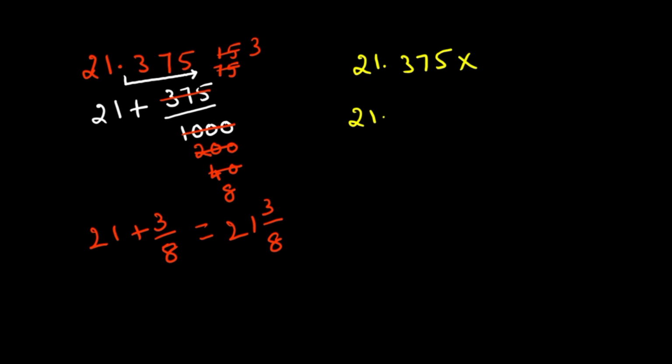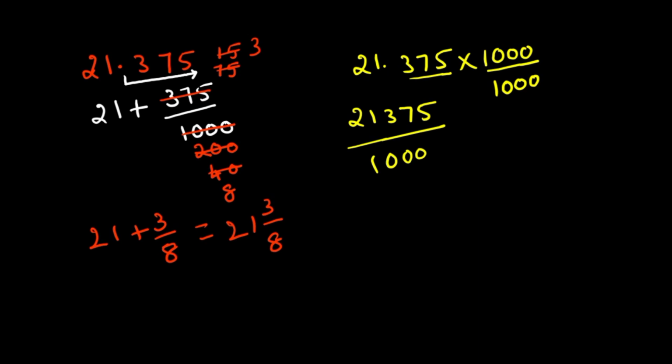21.375, 3 digits before the point are there, so you can multiply by 1000 over 1000. Okay, so here we have now 1375 by 1000. So we can cancel by, as usual, 5 table here. See how I'm going to cancel it. 5 2s are 10, 0 0. And here 5 table, 5 4s 20, 1 3 13, and 5 2s 10, 3 7 37, 5 7s 35, 2 5 25, 5 5s are 25.